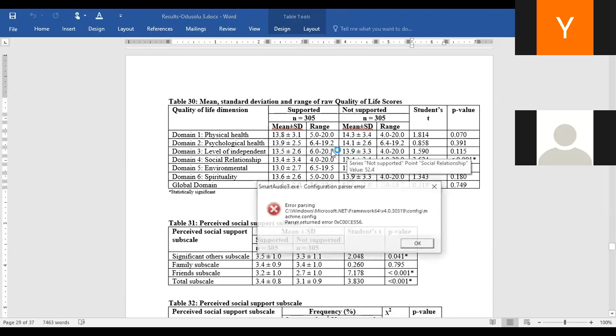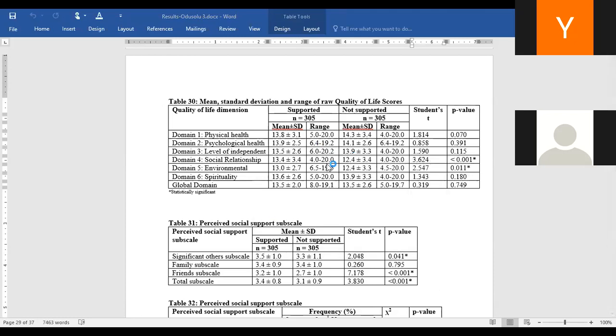But there's another one here. Look at the same and look at this one. This is the raw score, what they call a non-transformed score. There's a way they say you subtract 4, multiply by 4. All those gimmicks they just did, but eventually the score, look at the average, is around 13 something for the physical domain. Because it's not the raw score, student t. This one also is for the passive scale. This scale is also 1 to 5, just like the other one.